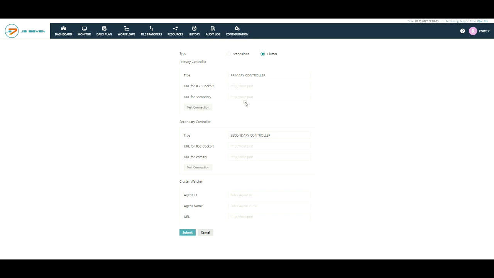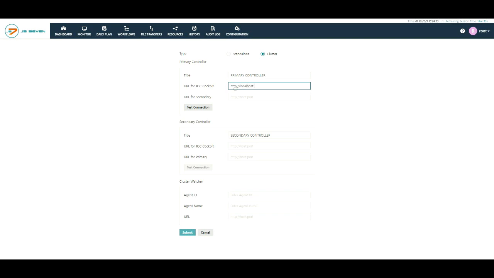Add the URL for the primary controller. Here I am using http://localhost as my controller is installed on the local machine.